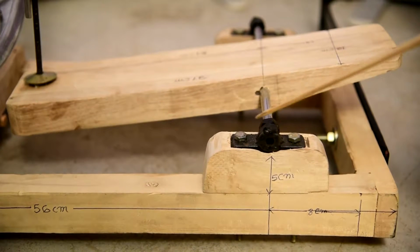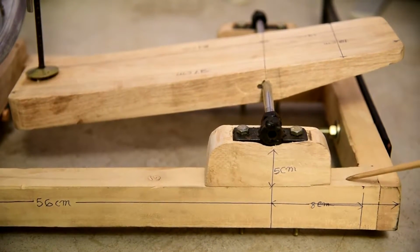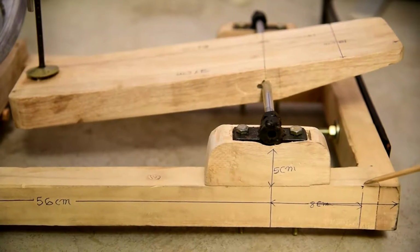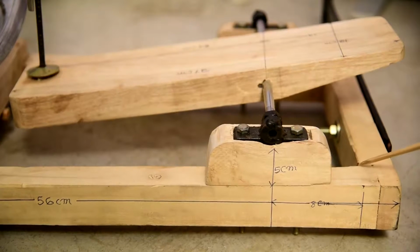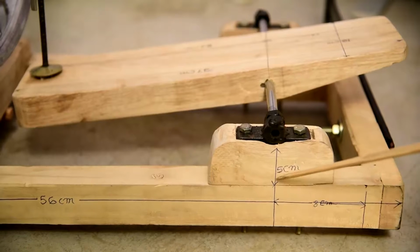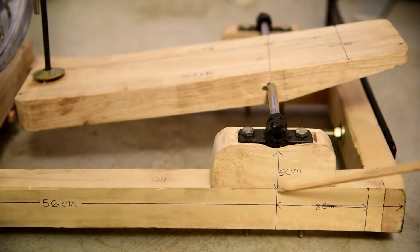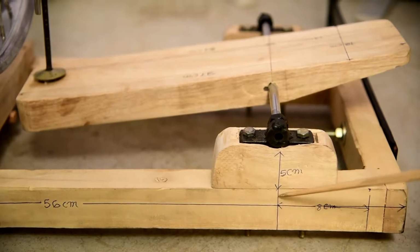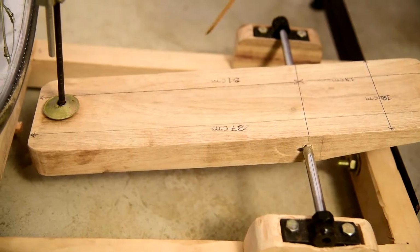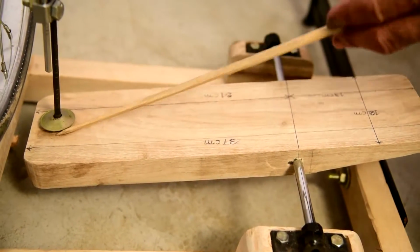The bushings are mounted 5 centimeter above the upper surface of the two parallel bars and 8 centimeter from the inside of these two members to the rod here, the parallel side, from 8 centimeter from this place to this place. The weight of the straddle is 650 gram, and in this part there is a